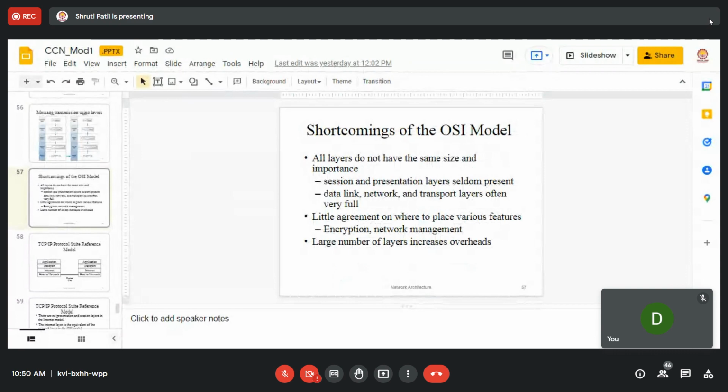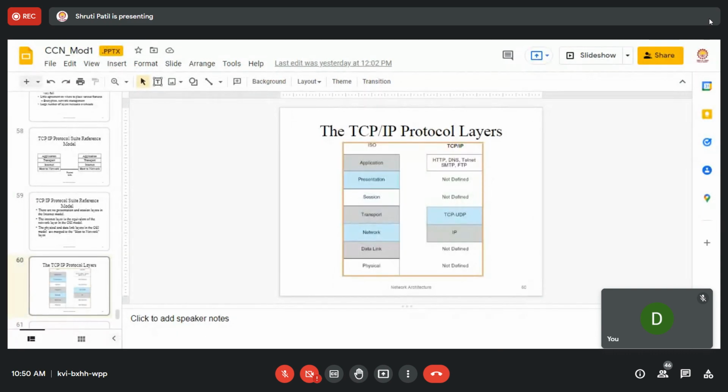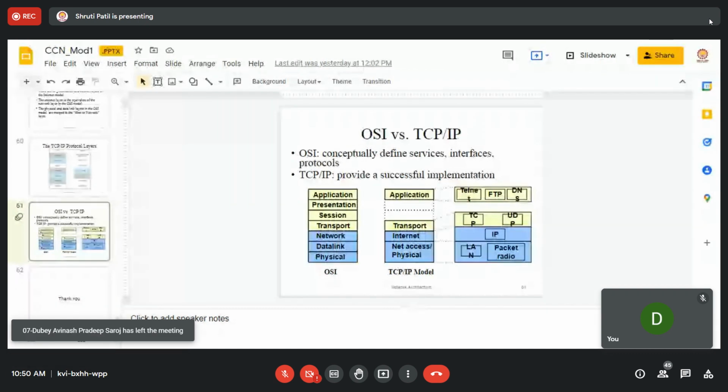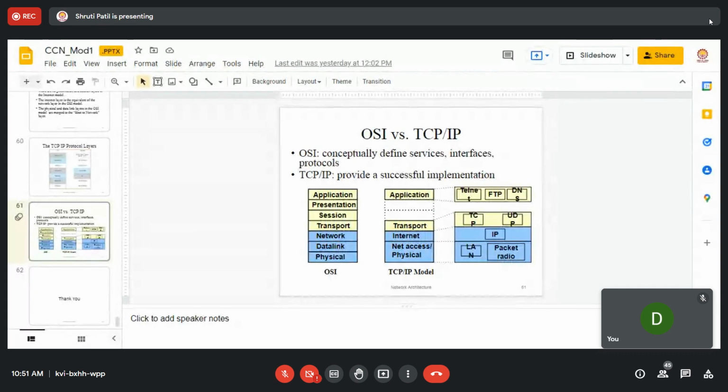Better you write it as 5 layers for TCP/IP, and for that again you have to remember how presentation and session are not present in TCP/IP, and their functionality is added in the application layer or divided into the adjacent layers. Then you have to remember which is connection oriented and which is connectionless service, and the different protocols which are used at individual layers. So these differences and the architecture are very important from the theory point of view.